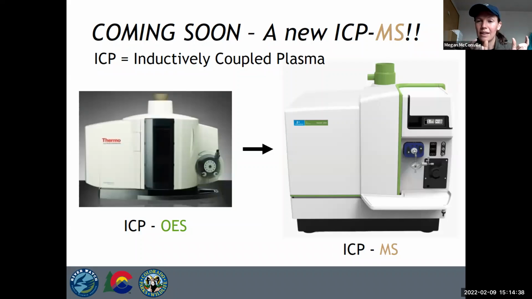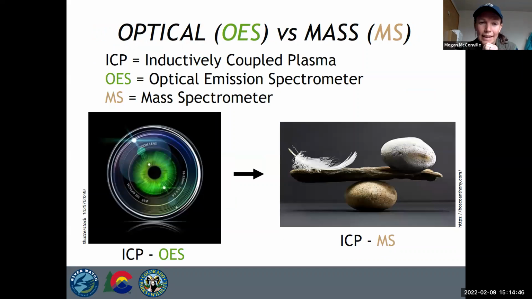In each of these, the start and how the sample gets introduced is the same, but the detector is different. One way that I like to think about these is the OES, or the optical emission spectrometer, is more like our eye or a camera lens, where we're actually picking up different intensities of light and different frequencies that represent maybe different colors, versus a